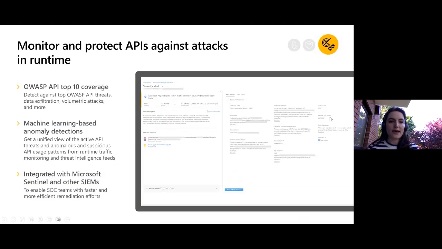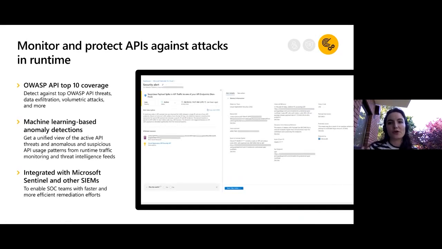Okay. And now we have our third pillar. Once again, we've talked about understanding all of the APIs, knowing the status of all the APIs, and the data classification associated with the APIs. We found out about our recommendations for how to harden your APIs, and that's on the proactive side. Now this slide is looking at the reactive side: if there was to be an attack, how would you know about it?